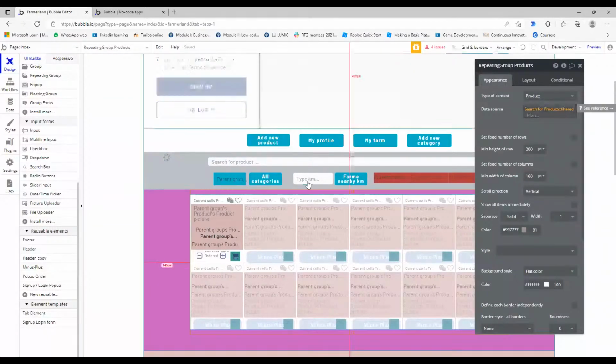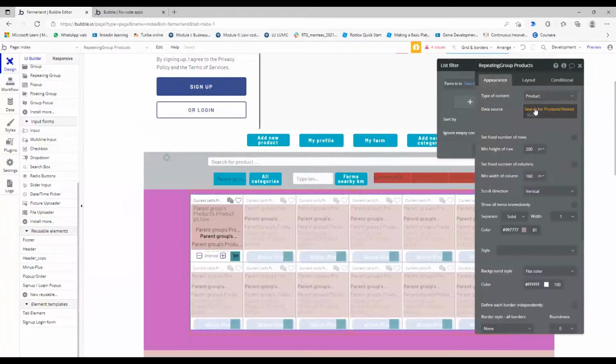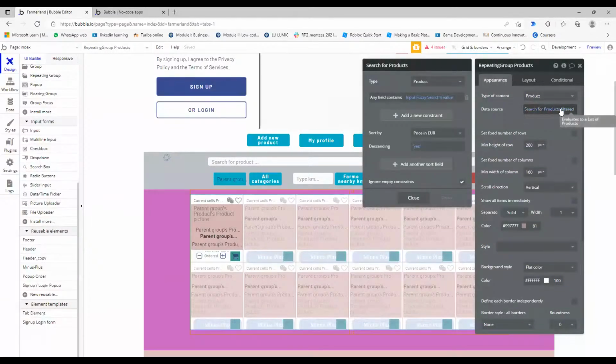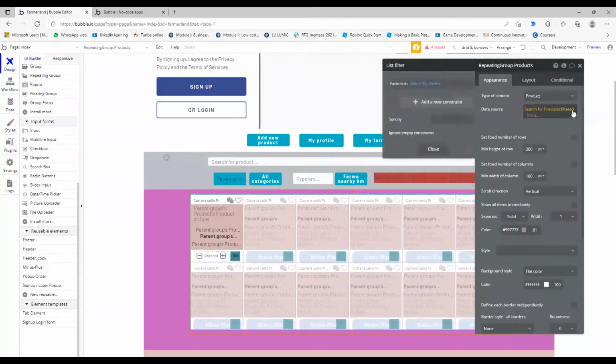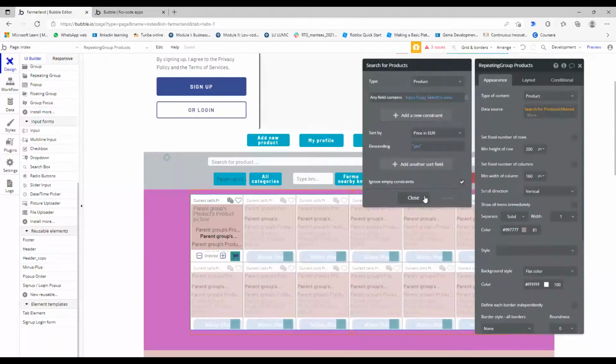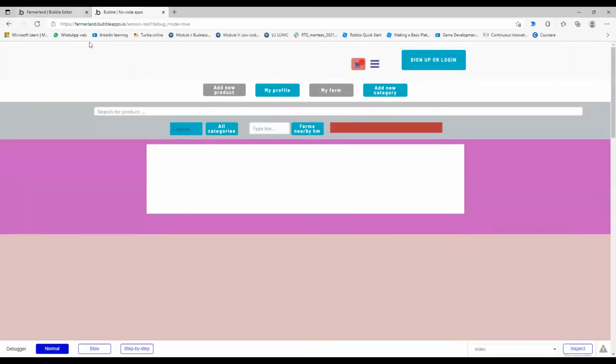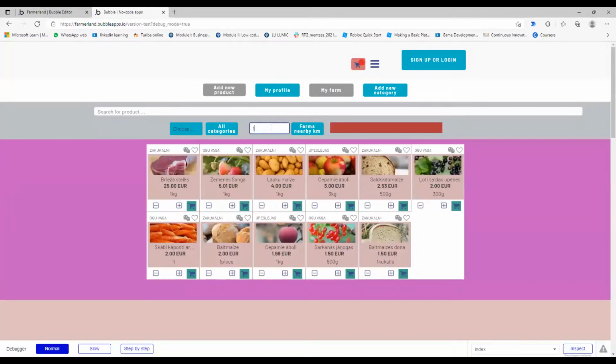So if I don't have anything in this field, it will ignore these empty constraints currently. Click on the filter, and click ignore empty constraints. There you go. Okay. Let's try. I don't have any button to click. Nope, it shouldn't require any buttons. Maybe just